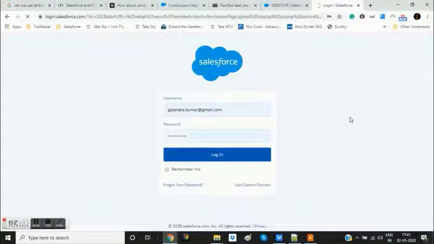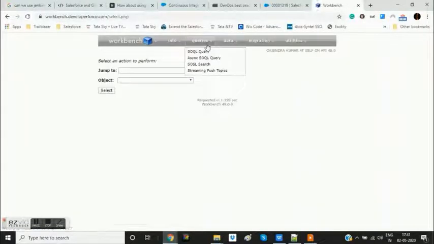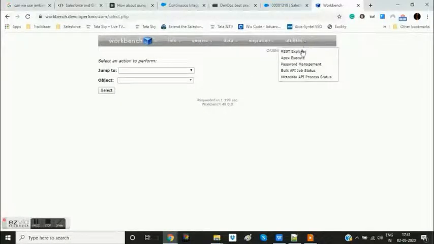If not, then you have to enter it and log in with that ID. Both these instances have to be the same: the user ID which you are using, the environment in which you wrote the service, and the environment in which you log in to Workbench.